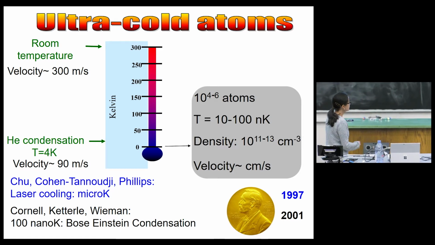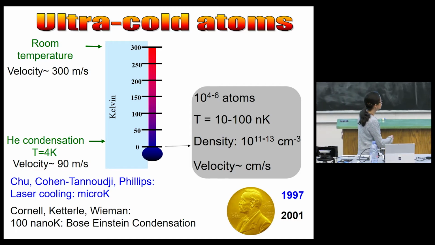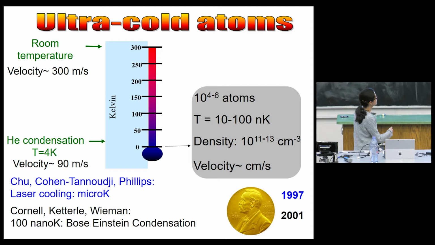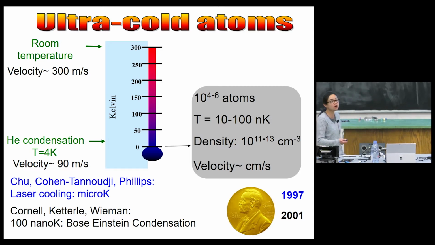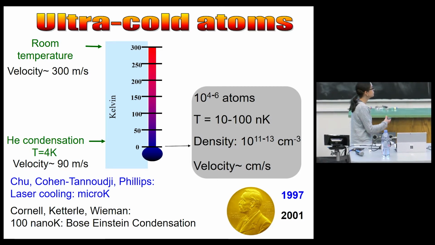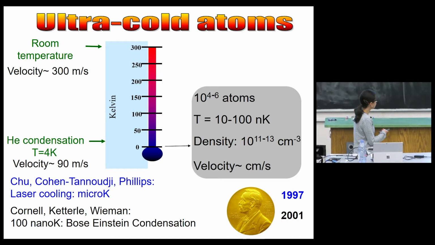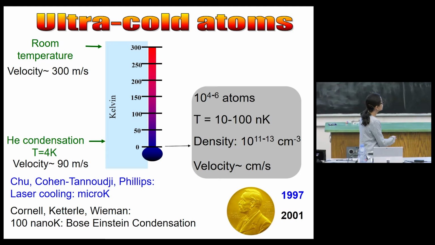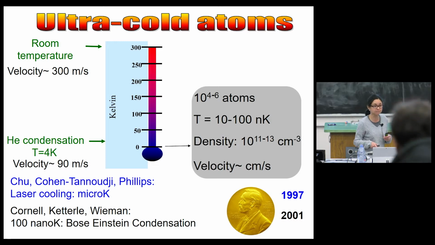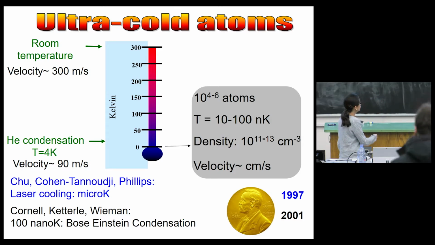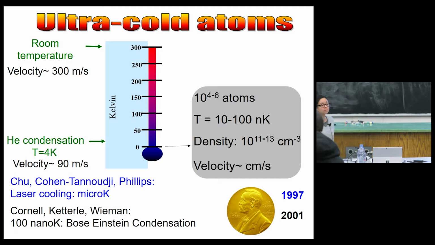At these very, very low temperatures, we are able to actually control arrays of 10 to the 4 to 10 to the 6 atoms at very, very low densities, about 5 orders of magnitude less dense than air. And at these conditions, we can reach velocities of the order of centimeters per second, and then we can control and manipulate these atoms in the lab. So these kinds of temperatures cost a lot of effort,